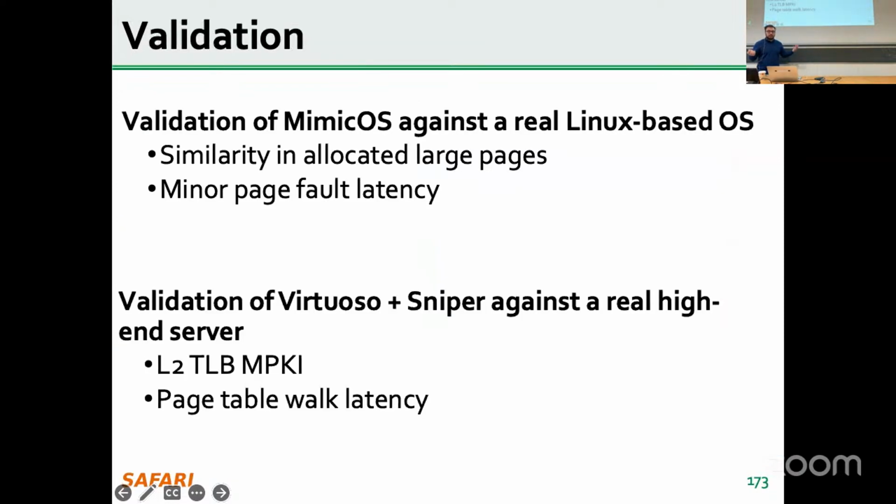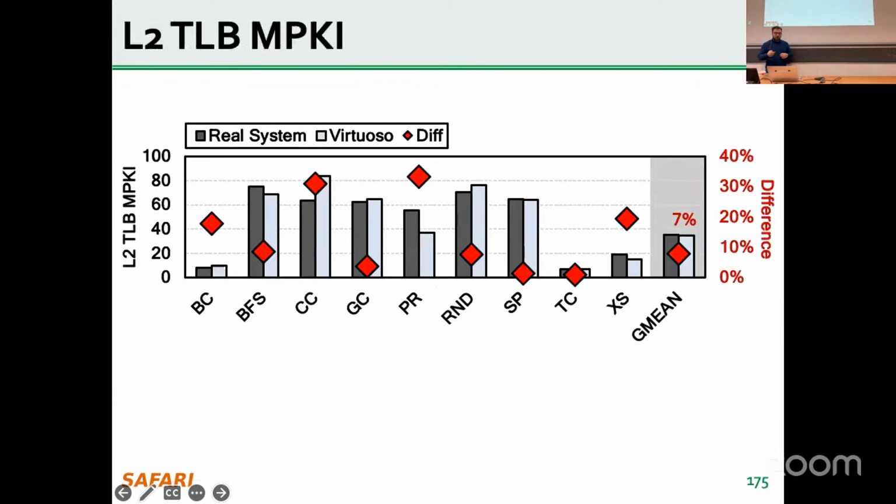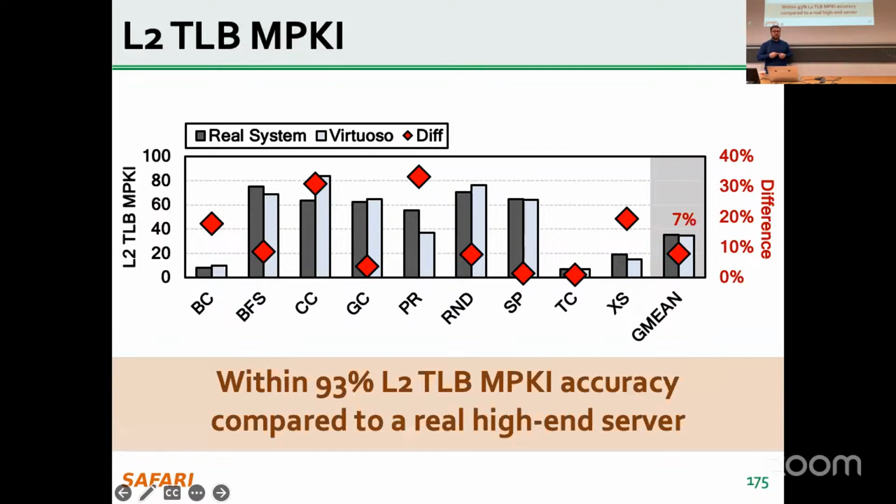We validated with different metrics: the L2 TLB MPKI, the page table walk latency, similarity in allocated pages, and the minor page fault latency. We demonstrate that 95% of the allocated pages are the same between Virtuoso and Linux, which means that they basically allocate the pages in the same way. And in terms of the L2 TLB MPKI, which is one very interesting component, we see that we have accuracy within 93% compared to a real system